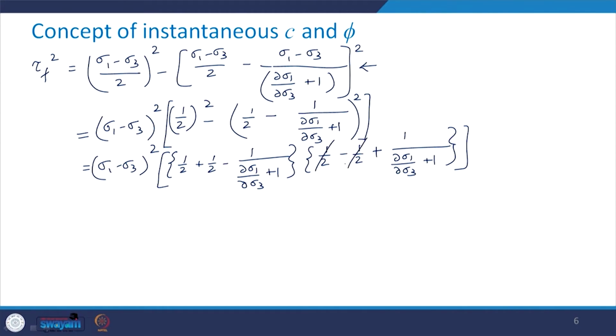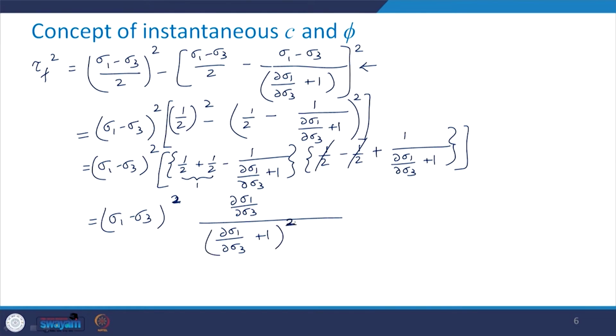So this and this will go. Finally, what you will get here is, just solve this. So this is going to be equal to 1. So 1 minus this whole quantity, you just solve it, and this is what you are going to get. This is square, and del sigma 1 del sigma 3, this divided by del sigma 1 del sigma 3 plus 1 whole square. This is the expression which we are going to get,